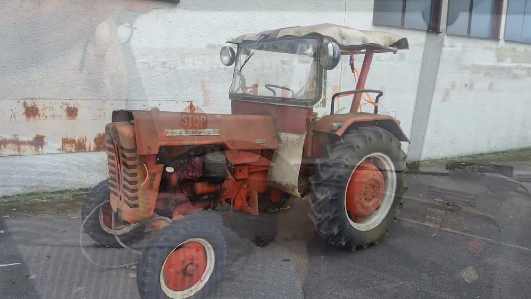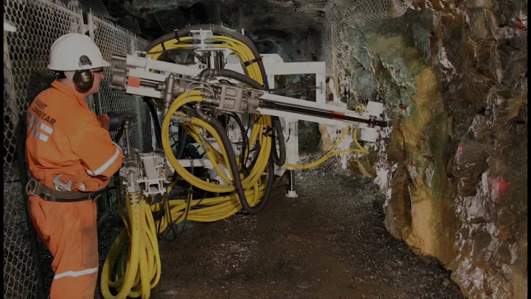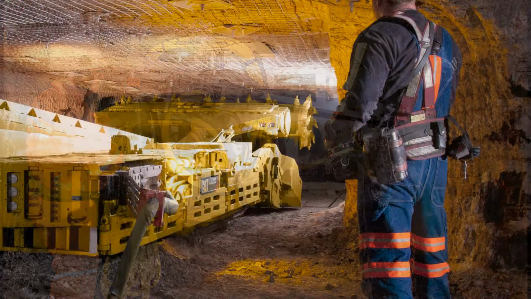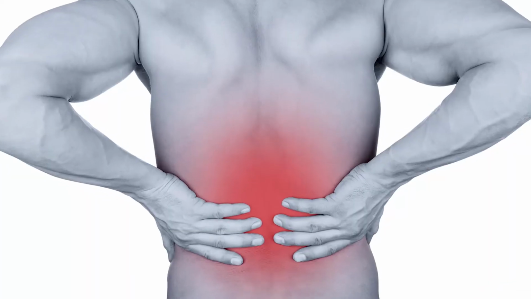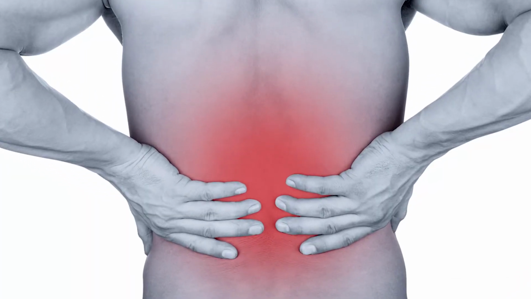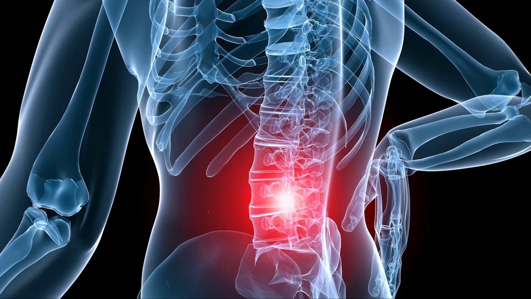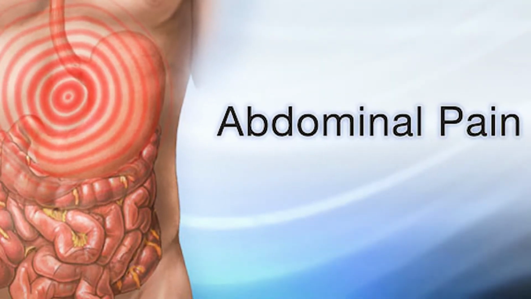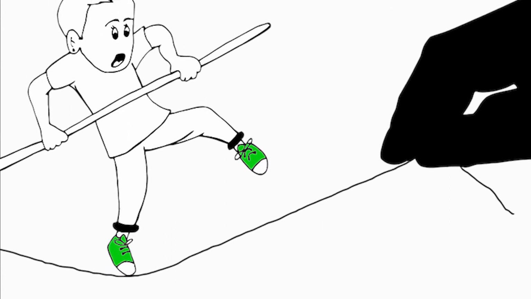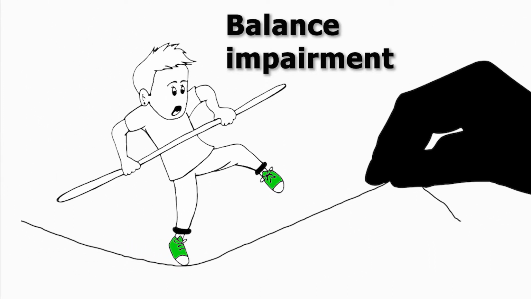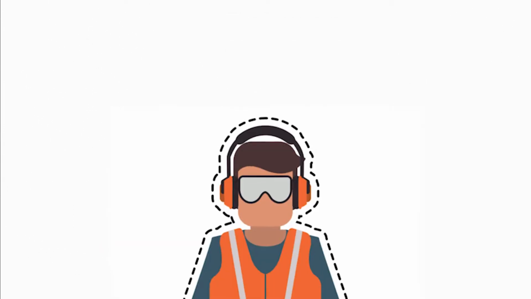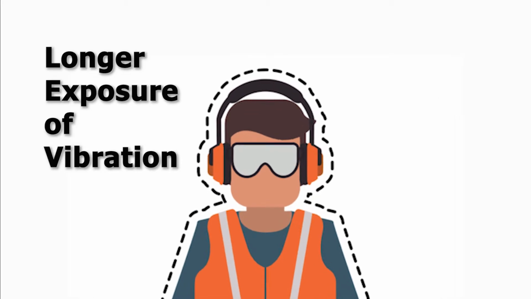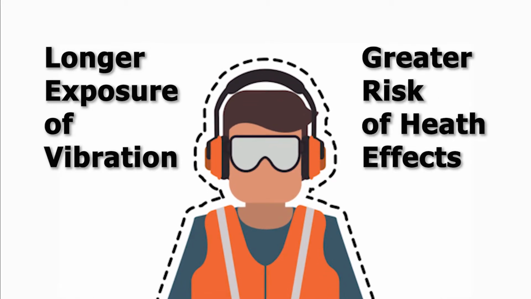Whole body vibration is caused by poorly designed or poorly maintained vehicles, platforms or machinery, which may cause or exacerbate other health effects such as lower back pain, motion sickness, bone damage, stomach and digestive conditions, impairment of vision, balance or both, and reproductive organ damage. The longer a worker is exposed to whole body vibration, the greater the risk of health effects and muscular disorders.